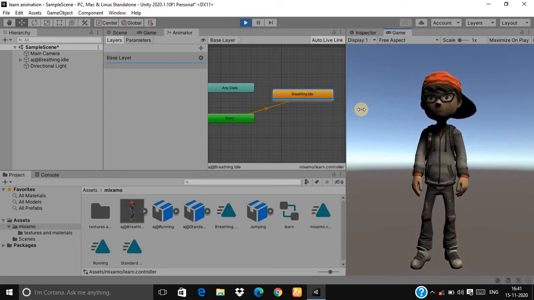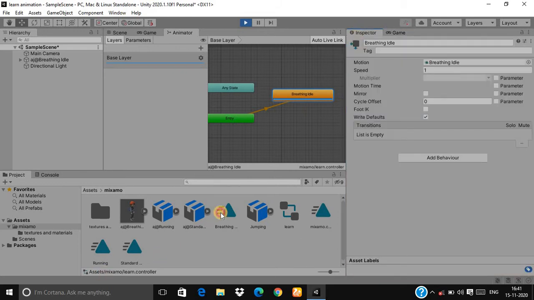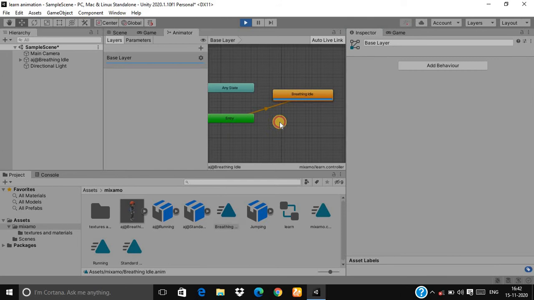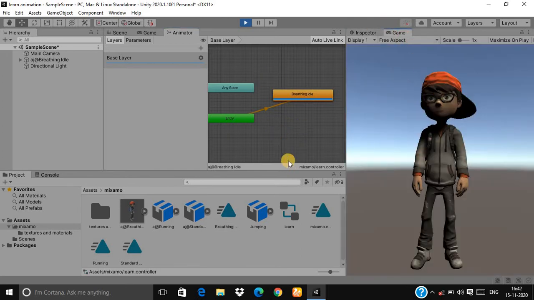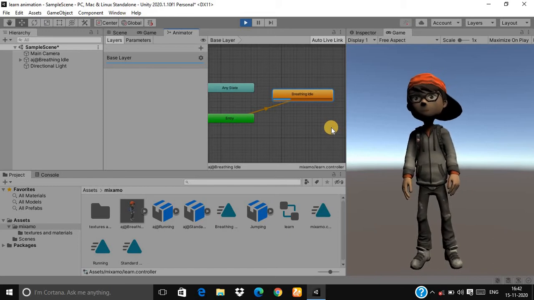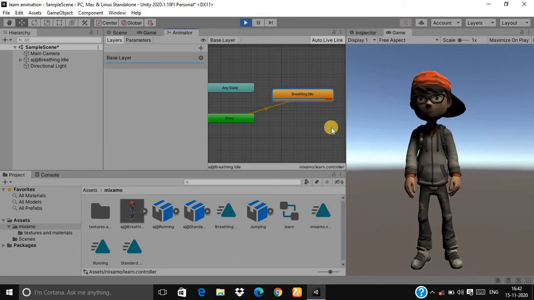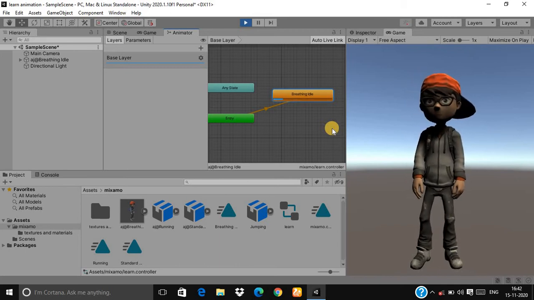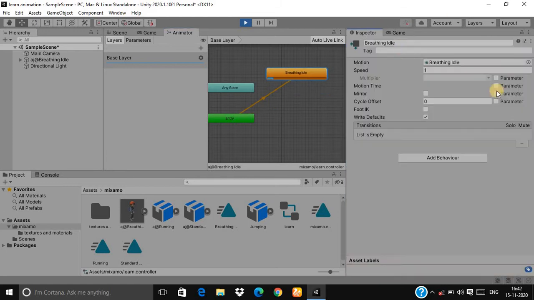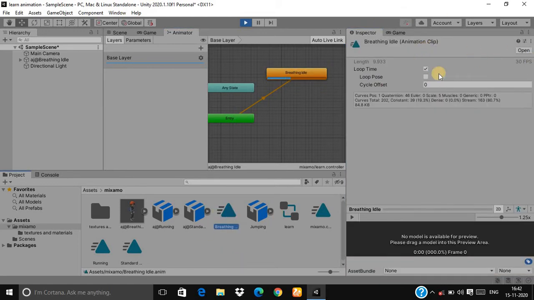As soon as the animation completes, it's not looping. Just open this animation and check loop time. Okay, after checking loop time, the animation is also not playing because this is our previous settings. So just delete it and attach the new one, with the changed setting. Okay. So now you will find animation is now looping, continuously playing. So in animation, the loop time means the animation will be continuously playing.